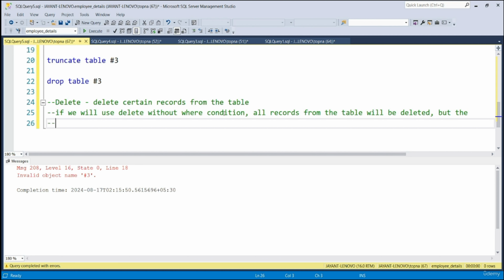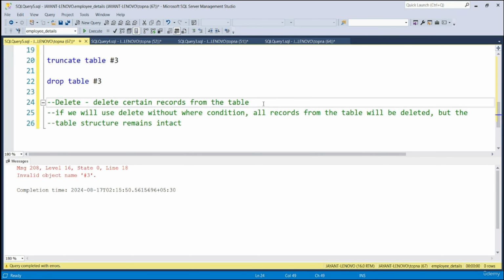I'm writing in line 26, but the table structure remains intact, right? So this is what you should keep in mind.